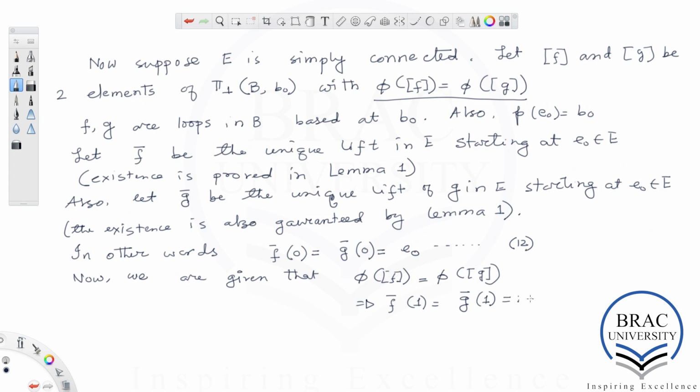Which we define as E1 bar, okay? Therefore,